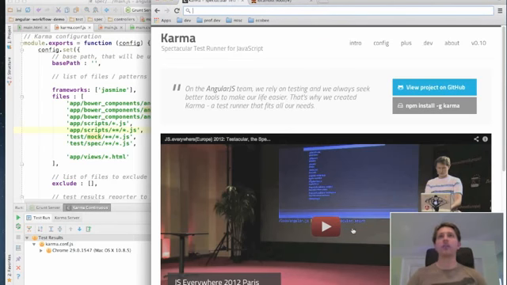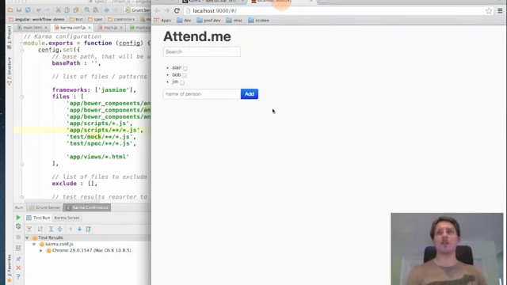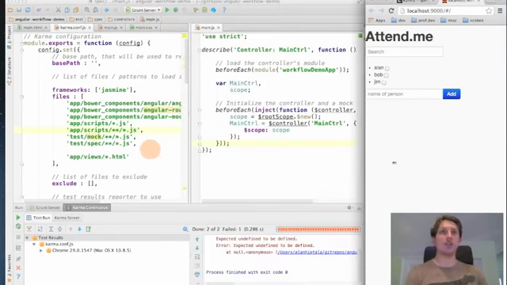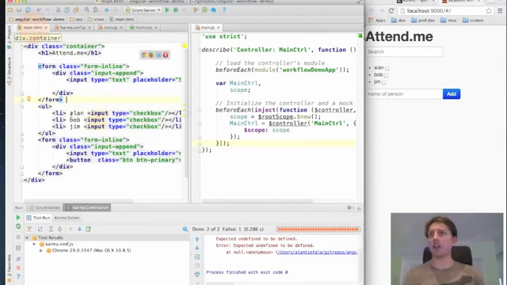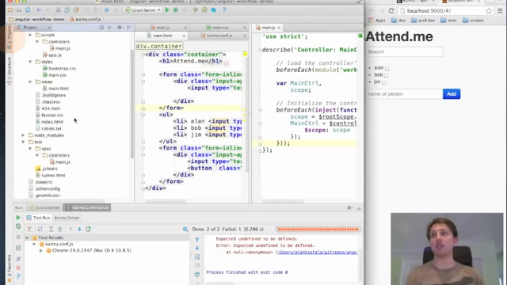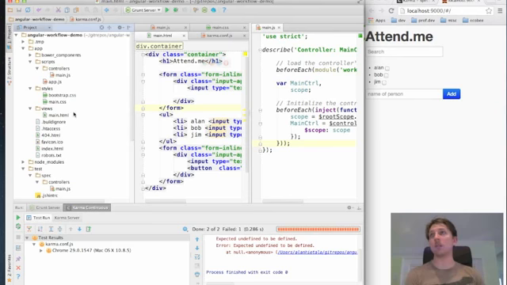For those of you that are familiar with my DevTO presentation, I built a little attendance list application called AttendMe. This is what the basic markup looked like, and I'm going to show how to do this, but from a behavior-driven development standpoint. On the left-hand side here, I've got my main markup. This is exactly the same markup that I used in my original presentation. I've just moved it into the Yeoman generated